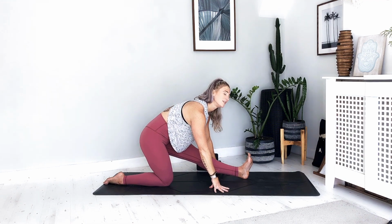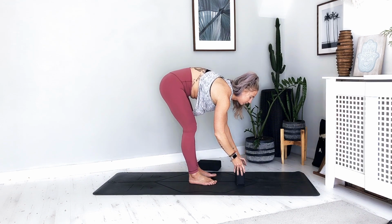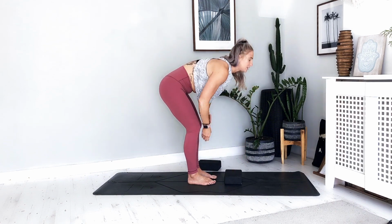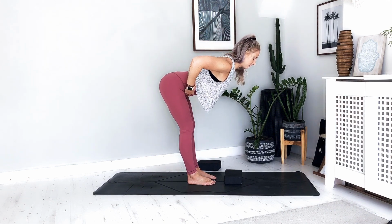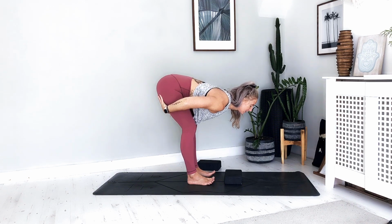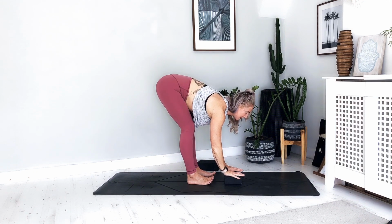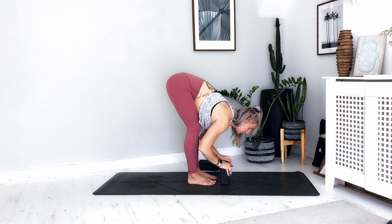Then moving on to drill number 2. So we're just going to move into a forward fold here. So again, take your block, take your brick, starting with a forward fold. So we hinge from the hips, we dive down, and we're really creating space here. Soften the knees as much as you need to take a nice stretch into the hamstrings. If the hands don't reach the floor, again, taking that block or that brick and really shifting the weight forwards